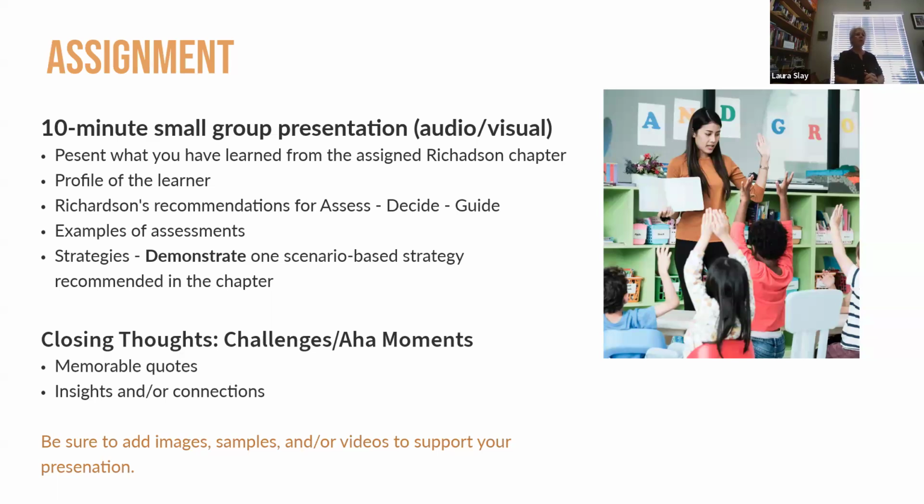I want you to present what you've learned from the assigned Richardson chapter, the one that you signed up for. You're going to have the profile of a learner. You're going to have a slide for the assess, the decide, and the guide, and examples of assessments, and the strategies that you're going to demonstrate. One thing that she brings up in her chapter.